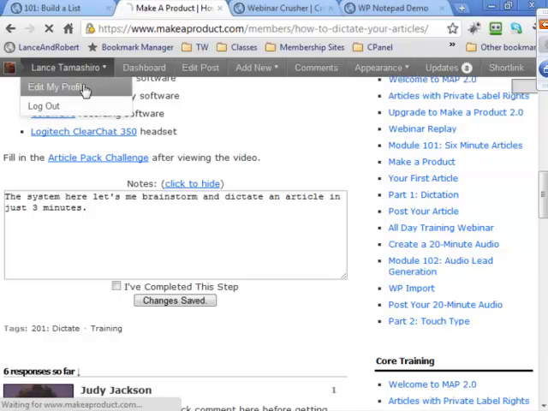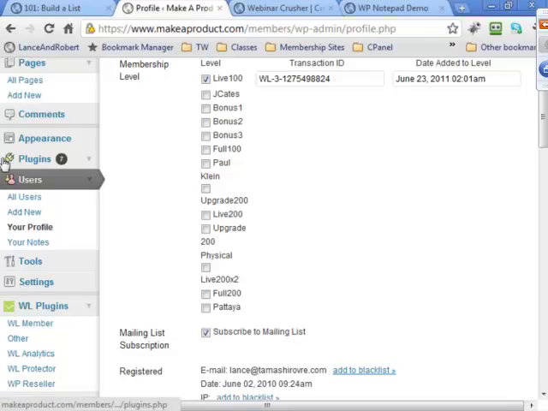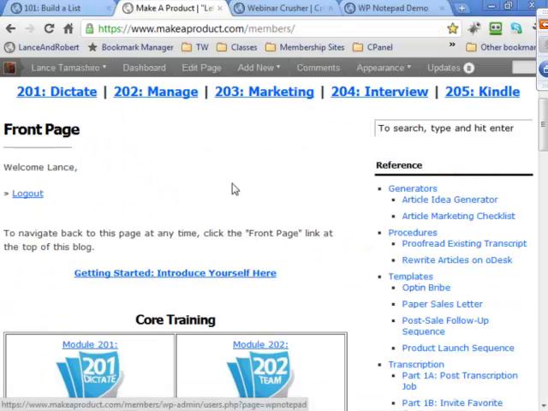Now, here's another neat feature. I'm going to go to my profile, and of course I've got other stuff in here because I'm logged in as an administrator. I'll show you how this looks when we continue on with the demo. But for now, in a WordPress site, you have your profile, and now when we go to your notes, oops, on this one, I'm going to have to show you on the other one. We're still working with this one, but it'll actually show up all of your private notes right here. So that makes it a completely different experience.